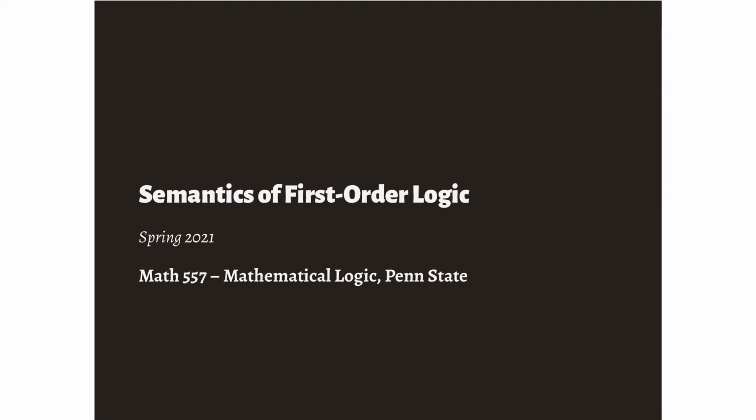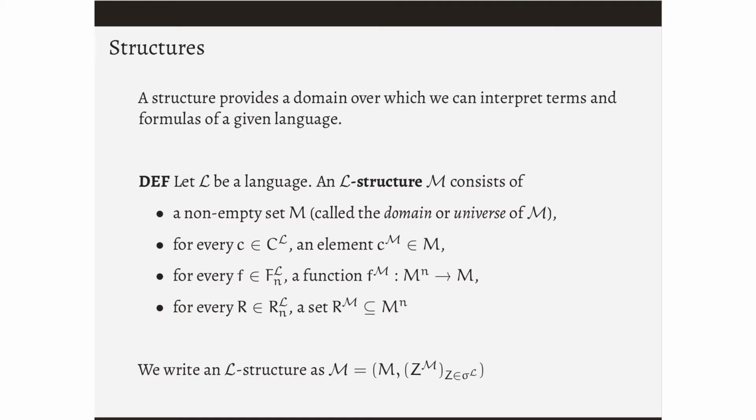We conclude these lectures about the basic notions of first-order logic with semantics. The basic notion on the semantical side is that of a structure. So a structure provides a domain over which we can interpret terms and formulas of a given language. So formally, it consists of the following